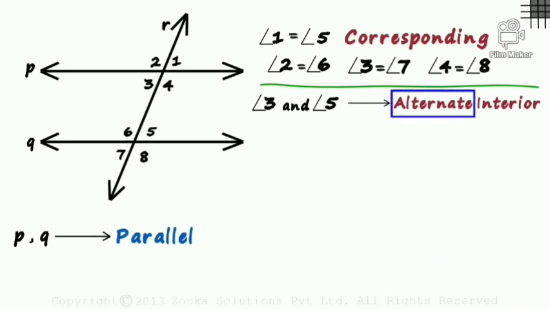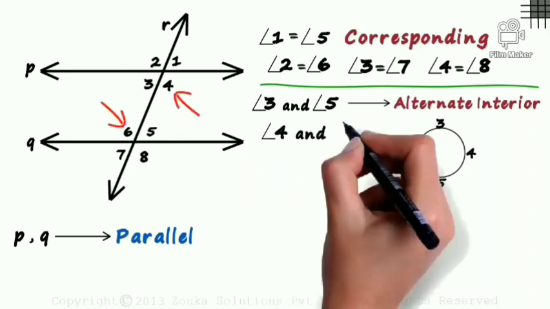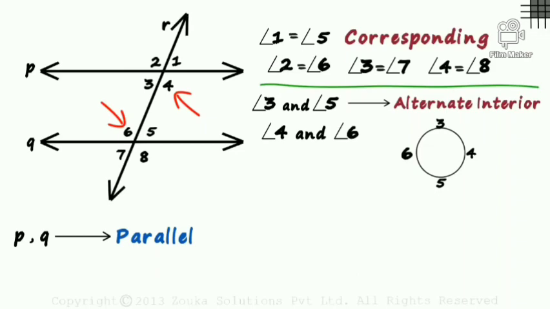We should understand why we call those alternate, by seeing one example. Draw a circle and mention the angles 3, 4, 5, 6. Now in the figure, the highlighted angles 3 and 5 you can call alternate, and angle 4 and angle 6 are called alternate. By the same concept, if you go to the figure, you can call angle 3 and angle 5 alternate. Those two are called alternate interior angles. Similarly, angle 4 and angle 6 are also alternate angles. This is the first type, the alternate interior angles.